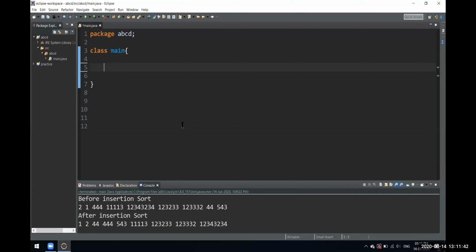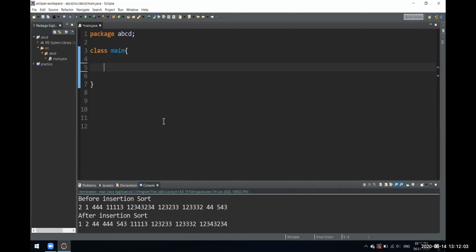Big O notation and all, don't worry about them for now. Once you get a little bit of experience, then try learning about all those things. First, just try playing around with all of these for loops and while loops, and try building different kinds of algorithms. So let's just see how quicksort works.